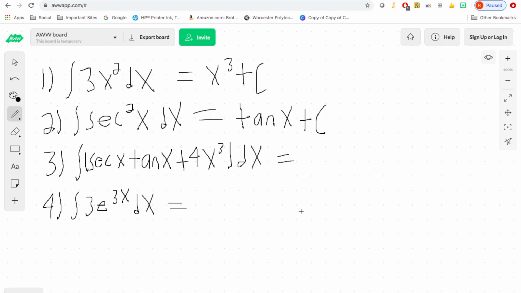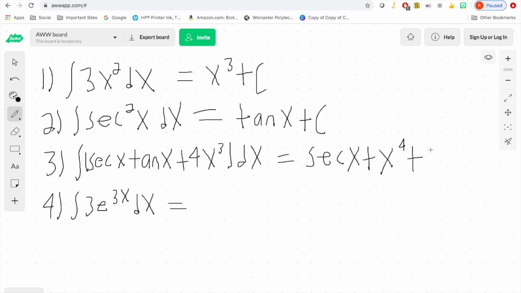Next problem ties together some addition rule. Secant x tangent x plus 4x cubed. What's the antiderivative of that? Well, this should sound familiar because the derivative of secant x is secant x tangent x. So secant x. Now we've got some reverse power rule. 3 plus 1 is 4, 4 divided by 4 is 1. So that's going to be secant x plus x to the 4th